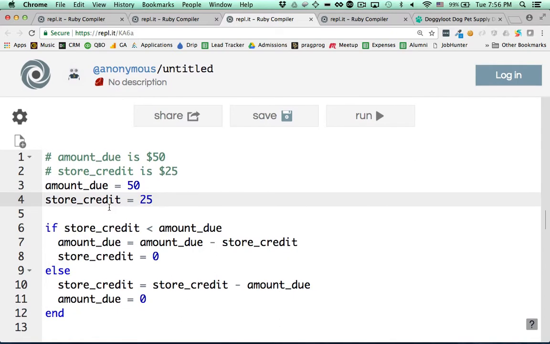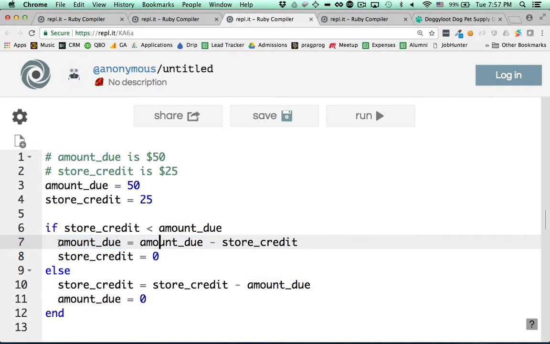So if the store credit is less than the amount due, then the amount due after spending your credit becomes amount due minus store credit. So it's sort of hard to, at first, perhaps, to reason about, but basically we're decreasing amount due by your